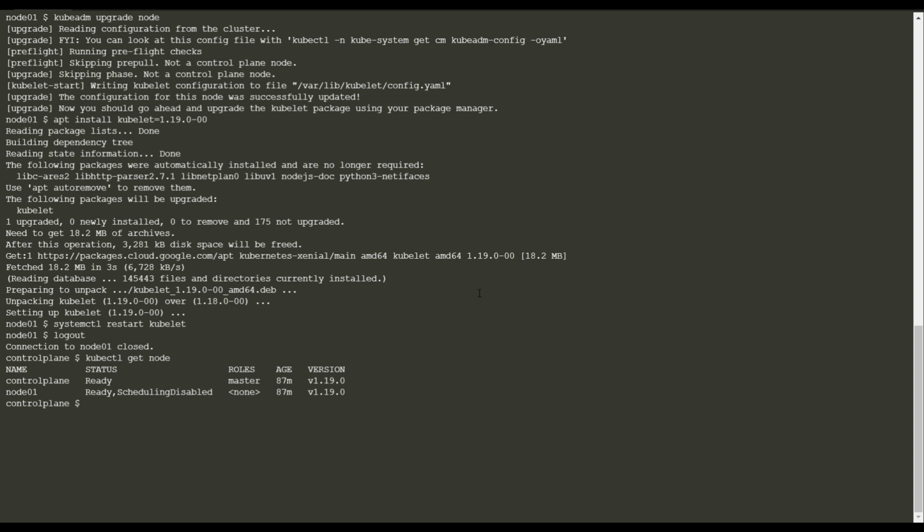Okay, so you can find that both the master and the worker node have the version 1.19, but one thing is left: we need to uncordon node 1 because it's not ready yet for any kind of deployment. For this, kubectl uncordon node 01. Okay, now check the status again for the nodes. So the control plane component and the worker node both now have the version 1.19. So now the upgrade is finished.